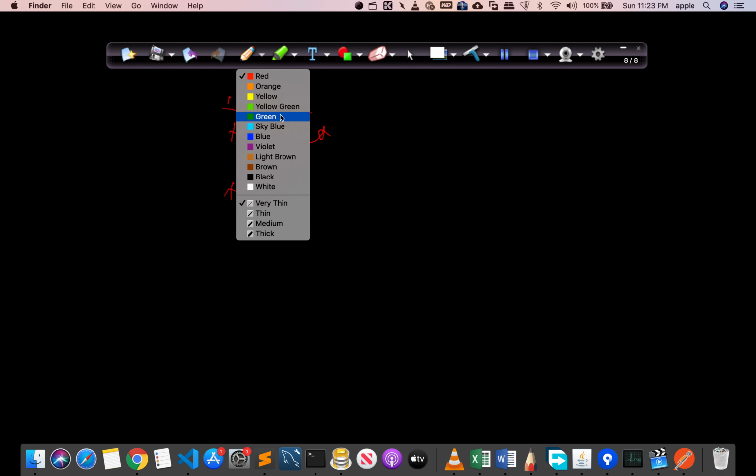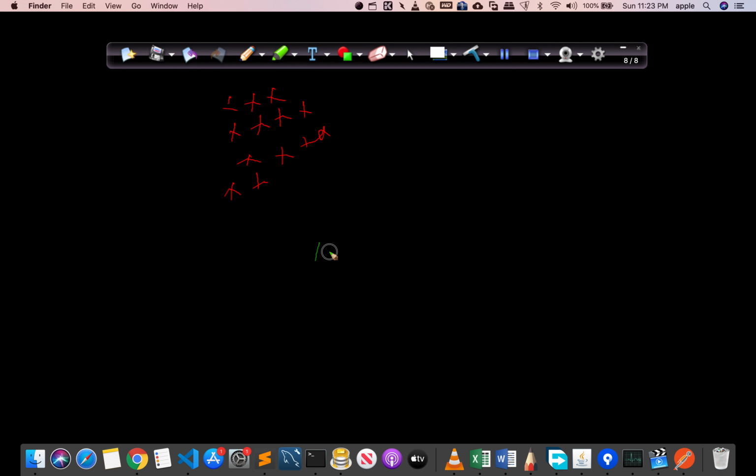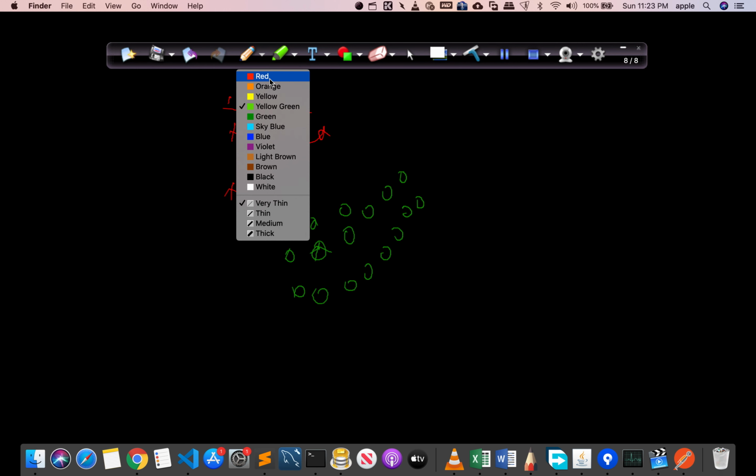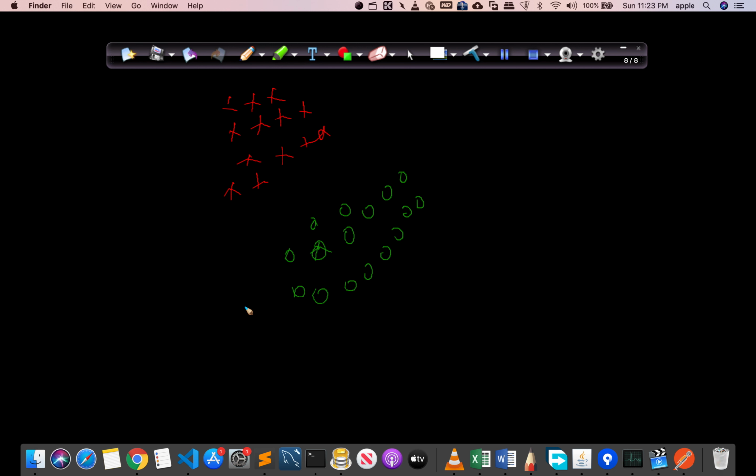Suppose I give you 2 types of points to classify. These are the first type of points, and now let's have some other type of points also. There are two types of points. Now, suppose we want to classify these points. We want to draw a boundary which will classify them. This is very easy. You can draw a boundary like this, and this will classify these 2 types of points.